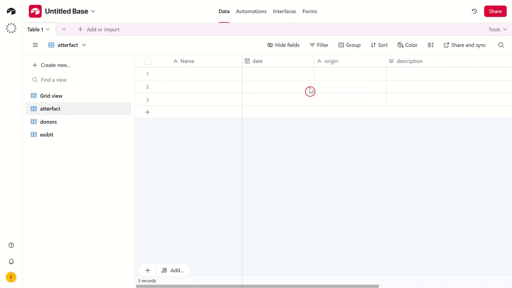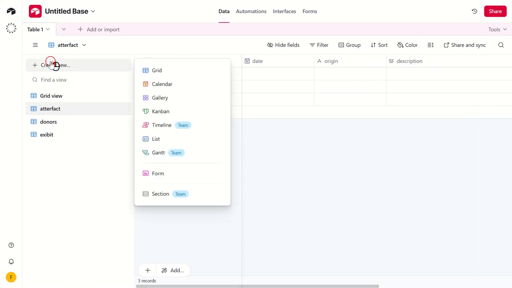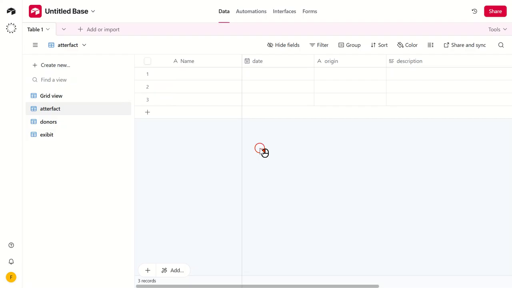Finally, let's not forget to set up views. Views can be grid, form, calendar, or gallery, depending on your preference. This helps us manage how we visualize and interact with our data. And there you have it, a simple, efficient way to set up a museum collections management system in Airtable. Remember, the key is to keep your tables and fields